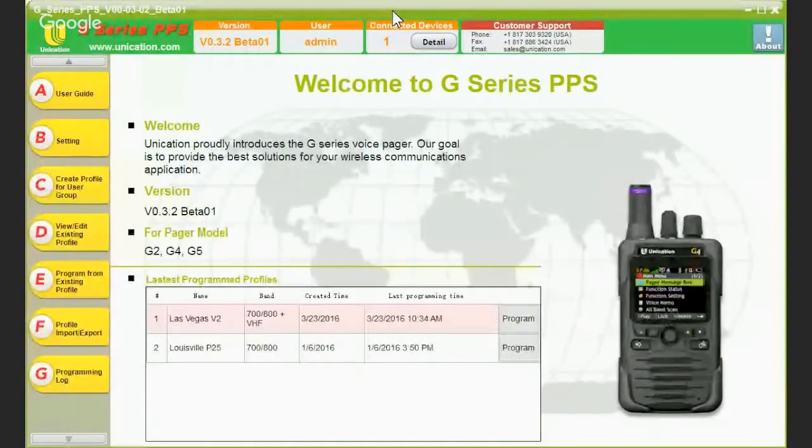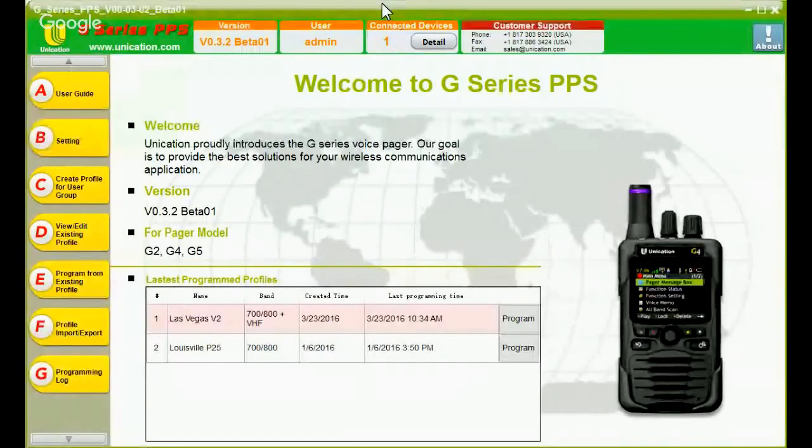Okay, this is our PPS. It's our pre-programming software. When you click on the icon that's on your desktop or in your start menu, it will pop up a small window that will ask for a username and password. The username is admin and the password is admin. It's very simple. And then it brings you into this